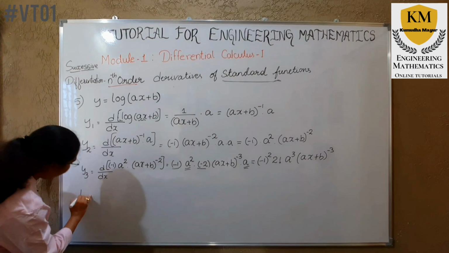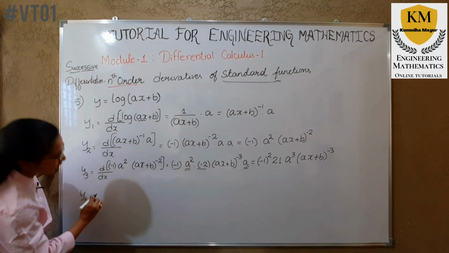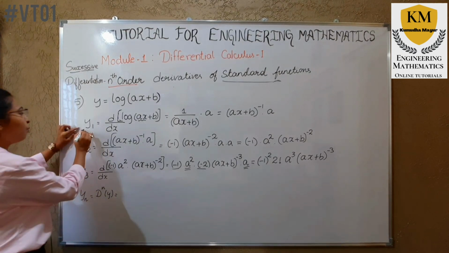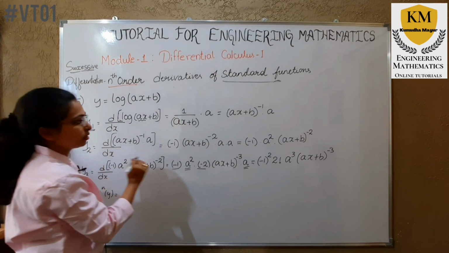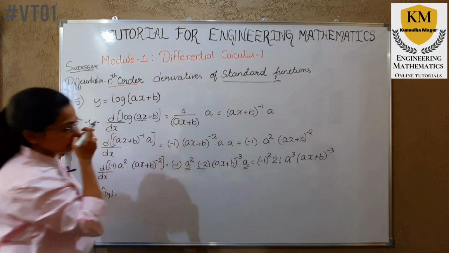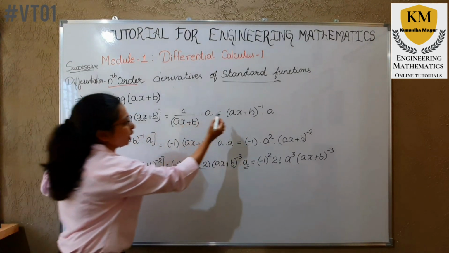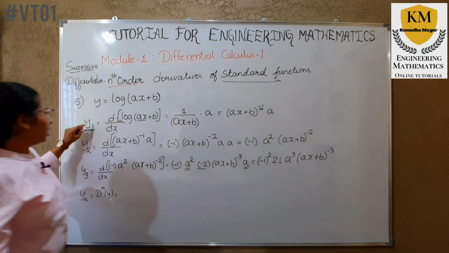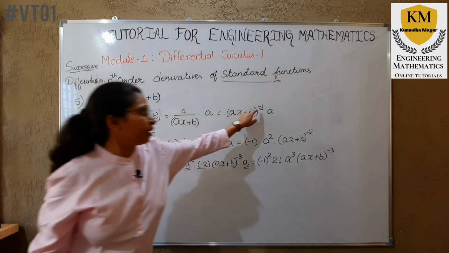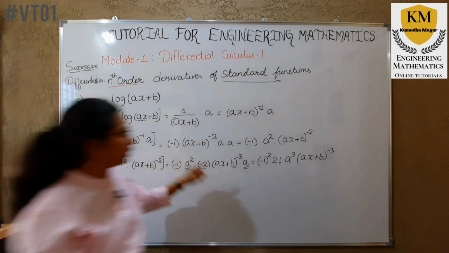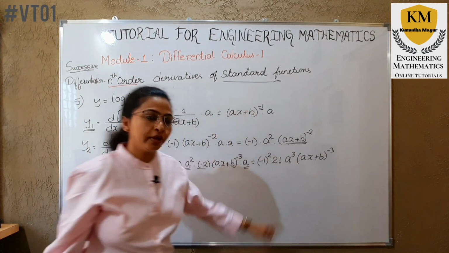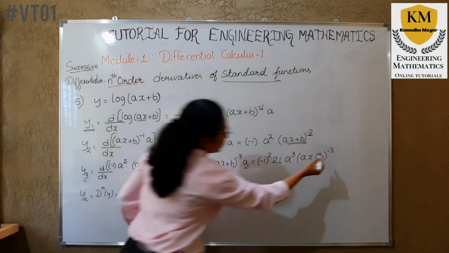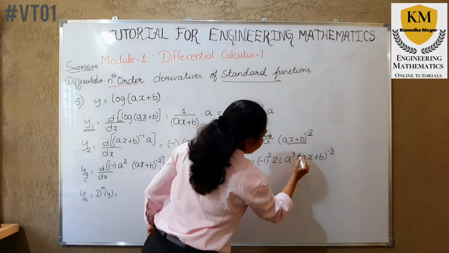So let me come to the nth order, that is dn of y. See here, y1, the first order. So here minus 1 to the power is 0. So ax plus b whole to the power minus 1. So observe the order is 1, here also 1. The order is 2, here also. I am just focusing on ax plus b whole to the power 2. Here the order is 3, here it is 3. You can observe very carefully.